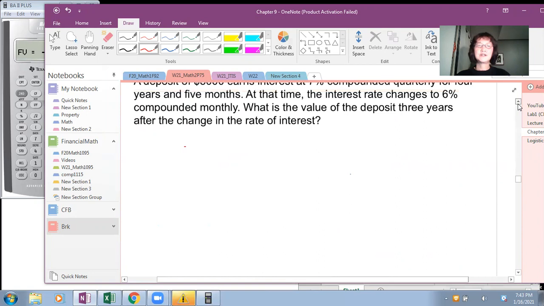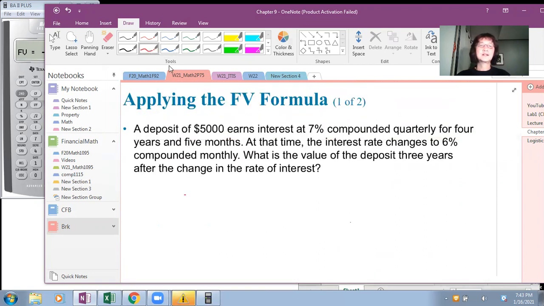So now another example. A deposit of 5,000 earns interest at 7% compounded quarterly for 4 years and 5 months. At that time, interest rate changes to 6% compounded monthly. What is the value of the deposit 3 years after the change in the rate of interest? So in this question, we need to do 2 steps. Step 1,